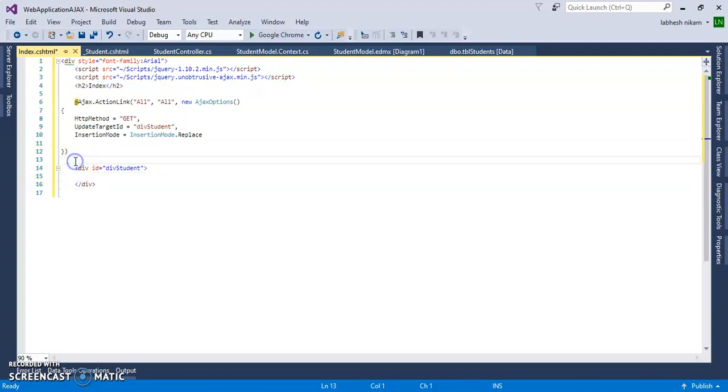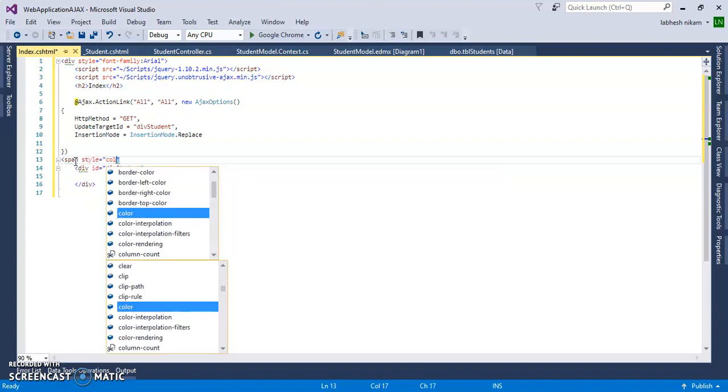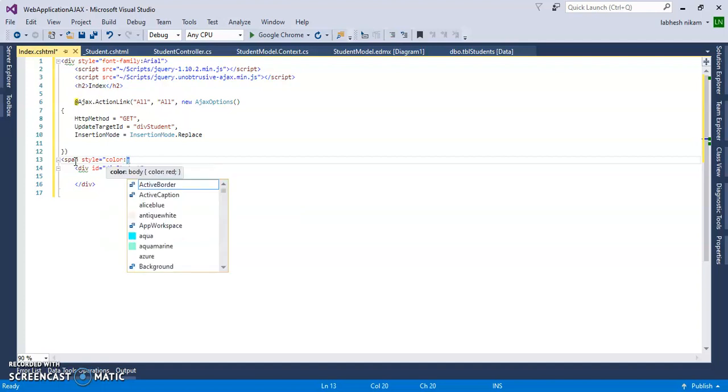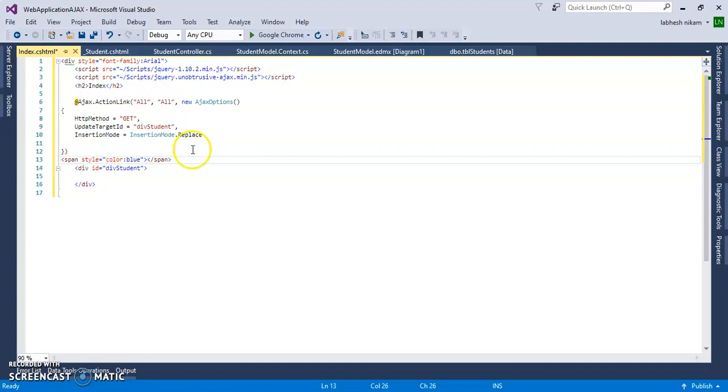We'll add a span tag with style color equal to blue, and complete this tag. So this is for all the total marks.